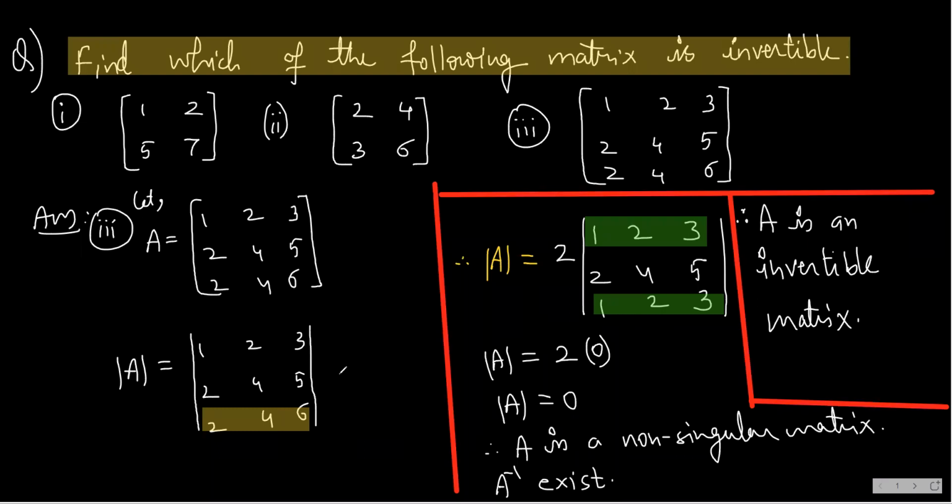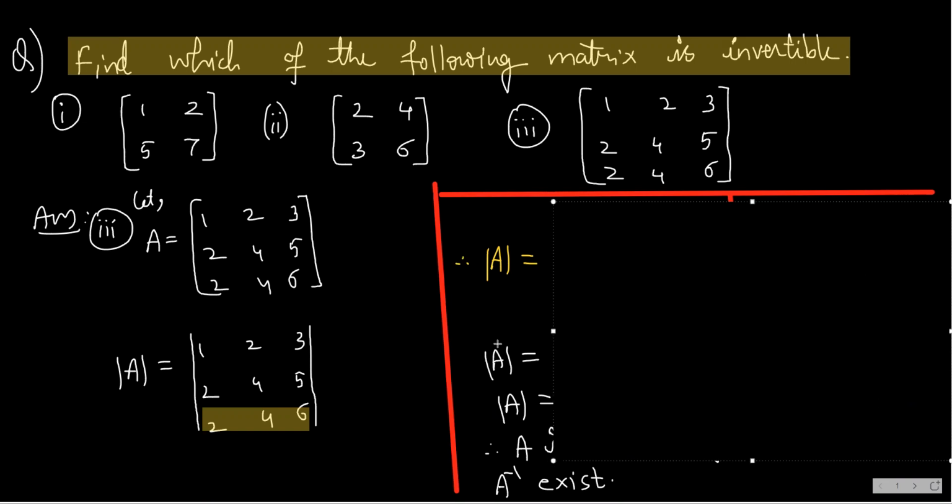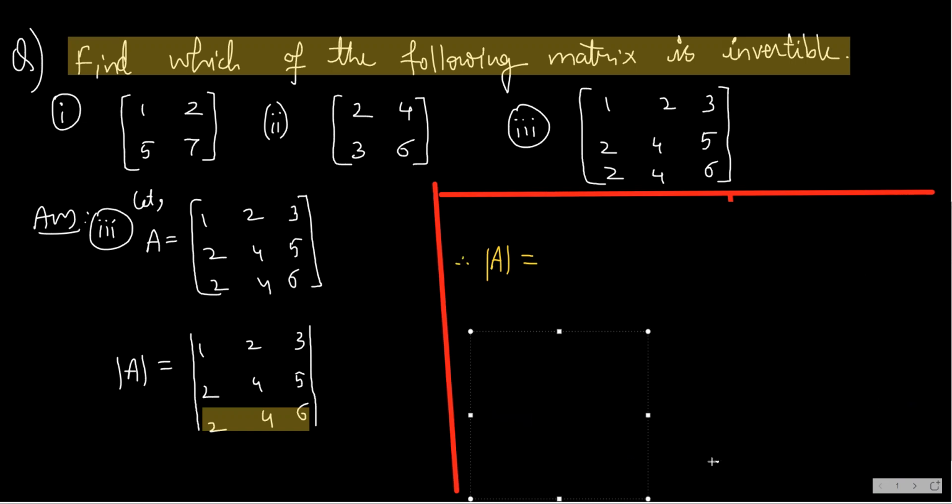See, in this question, if I wanted, I could have gone without the properties. I saw that using the properties, it could be done faster. I opted for using the properties of determinant. But if you want, you can find the determinant of matrix A without the property. You can find the determinant by using the expansion. You know what is the expansion? The expansion would be you start writing 1 into